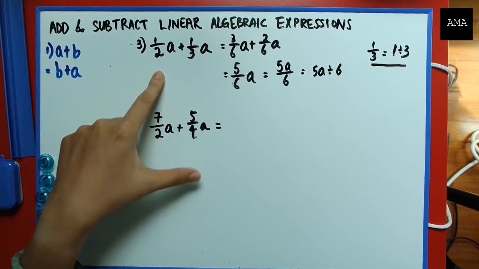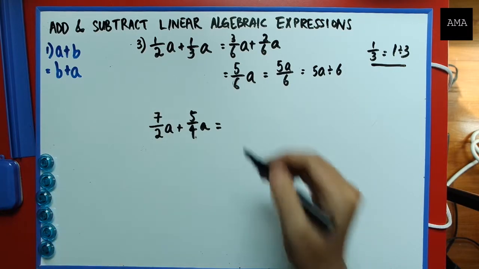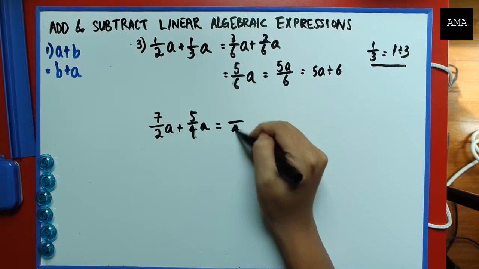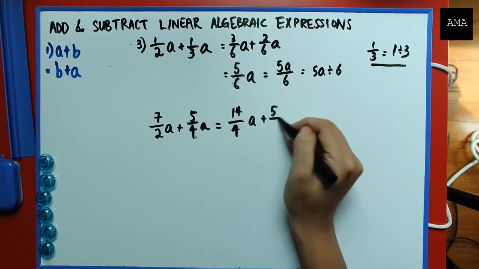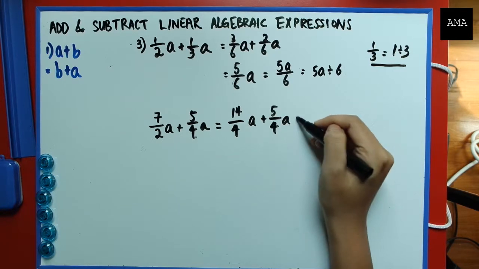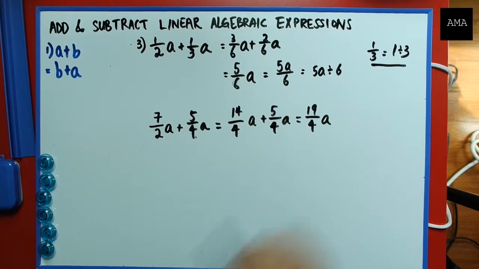You can see that in the previous example, these two are less than 1, whereas these two, the fractions are more than 1. You do it normally, common denominator. So the interesting thing, let me just finish it first. The interesting thing about fraction coefficient,